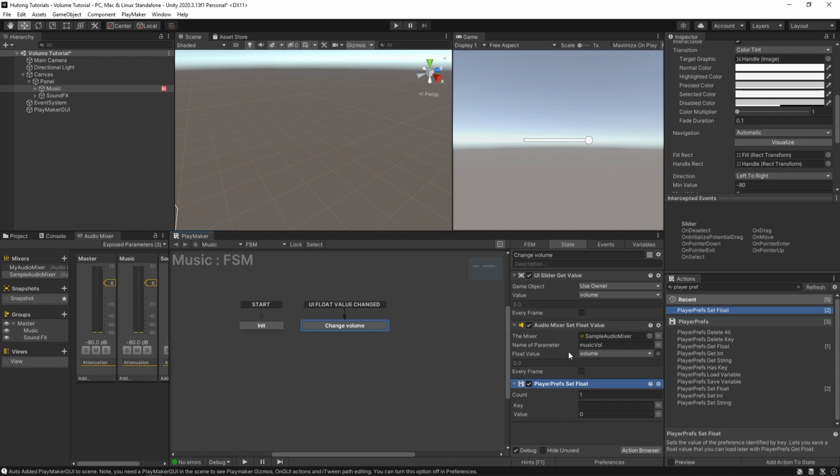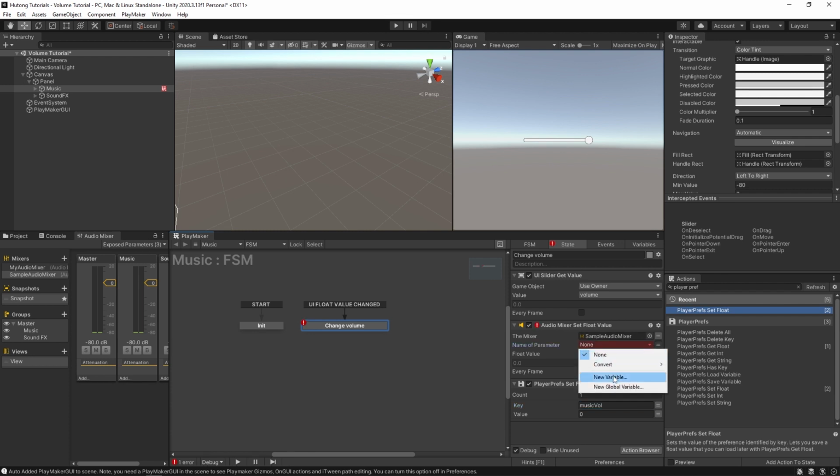So when you close out the application and you load it up again, the volume preferences will be saved. The key will also be called music volume. But we're going to want to templatize this so we can use it on other volume parameters. If you ever wanted to add or remove volume parameters, you should be able to just toss one of these templates on it. So what we could do instead of typing in the individual string is setting this to a